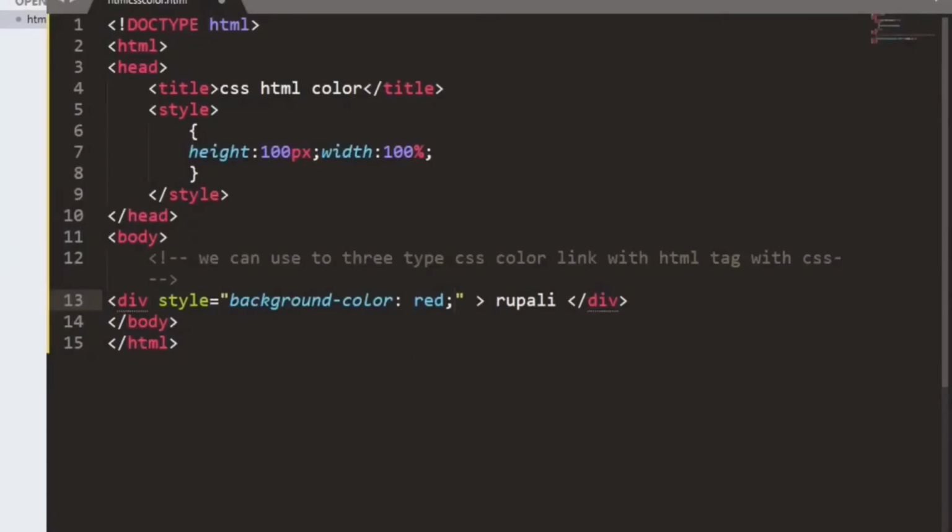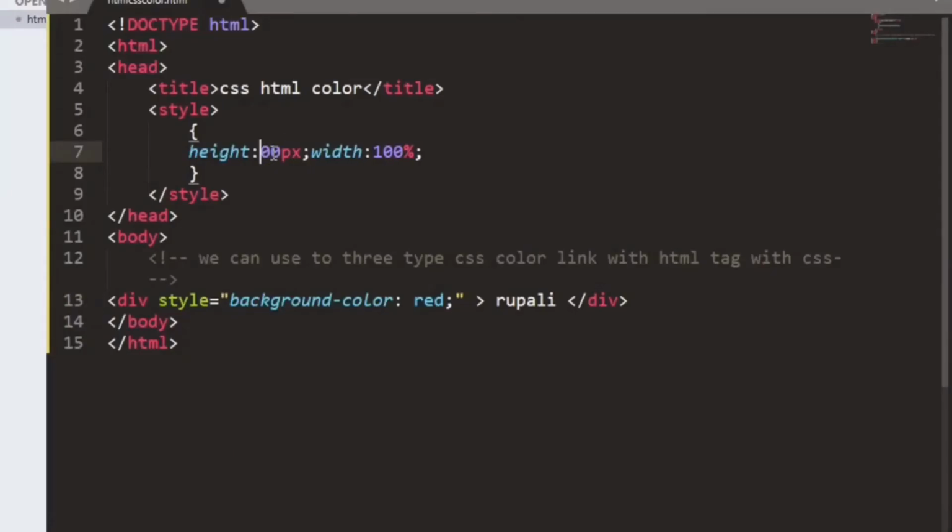After that, I have written the style, and the background color has been set to red. We will save the file, go to the browser, refresh the page, and we can see the div style created and the message is being displayed, that is Rupali.